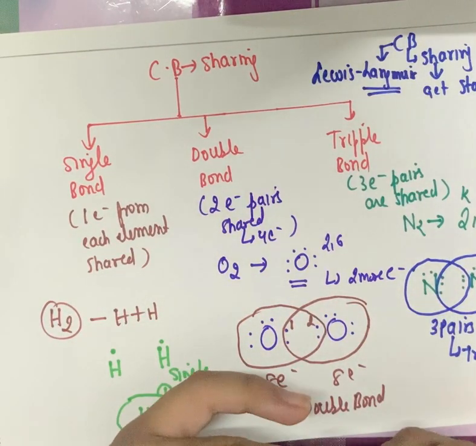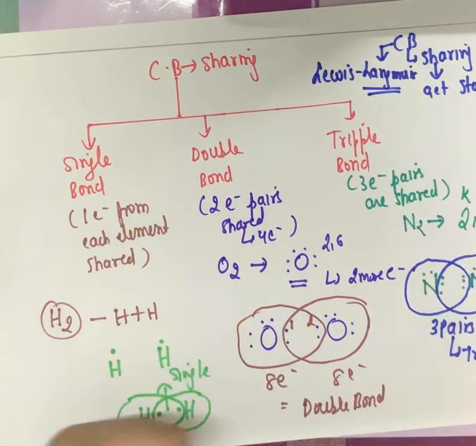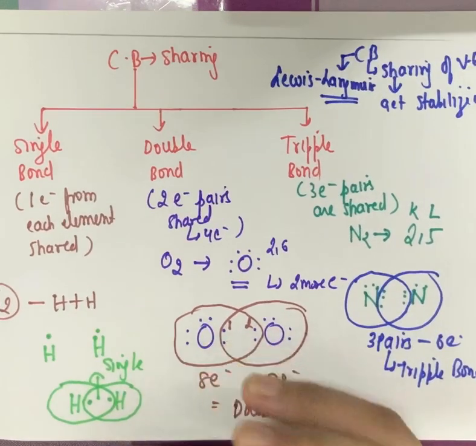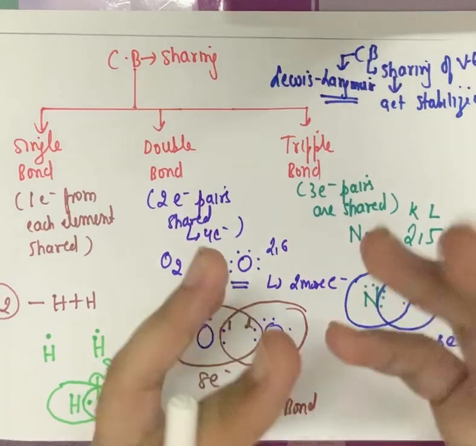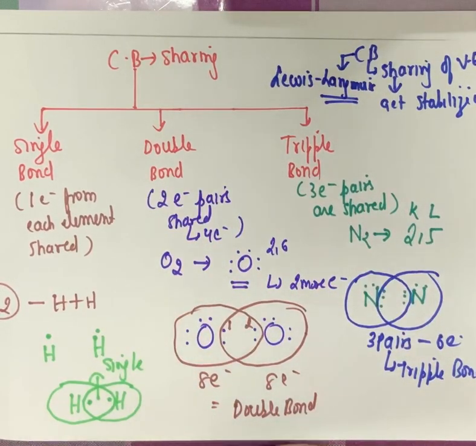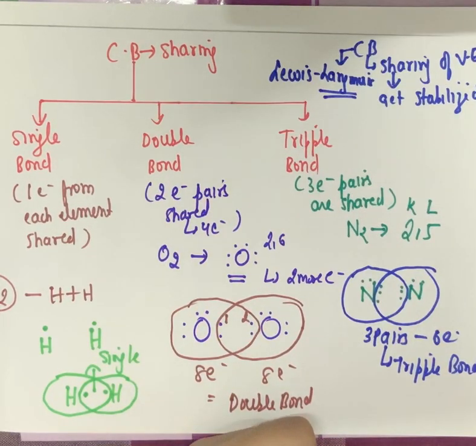I hope the concept of covalent bonding is clear. The whole carbon and its compounds chapter is based on this concept of covalent bonding, because it is covalent bonding which gives rise to organic chemistry dealing with carbon and its versatile compounds. So with this we close the class.